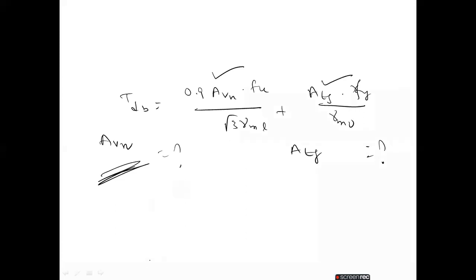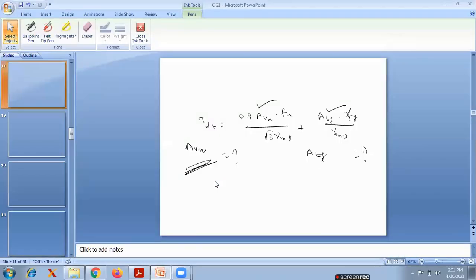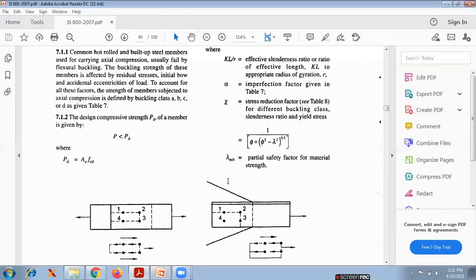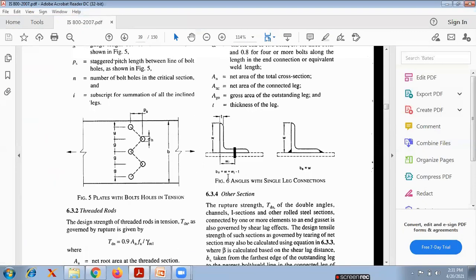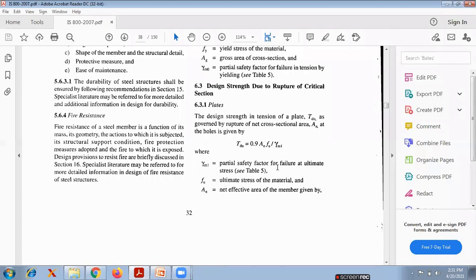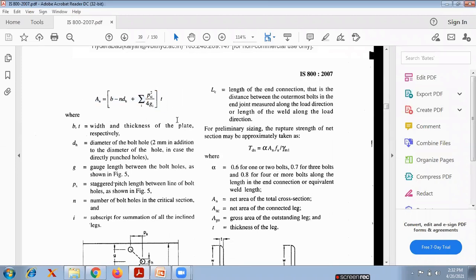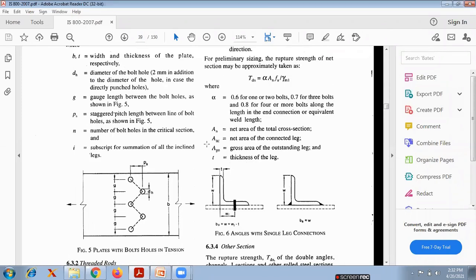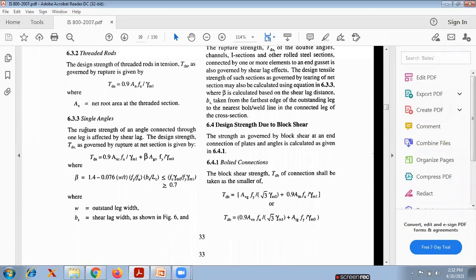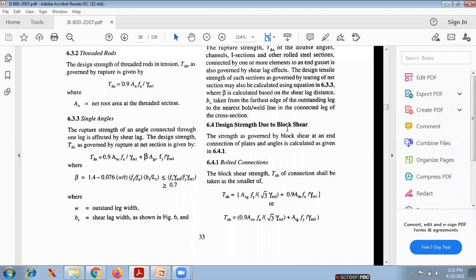Yeah, my dear students, whatever we discussed till now, I am closing the PPT for a while. Yeah, here you see the formulas, whatever we discussed till now, all formulas are available here. You see, we calculated Ag into Fy by gamma m naught, and the second formula is also available here, due to the rupture 0.9 into An Fu by gamma m1, and the effective area is also there. And also the next one is this formula, but we are not using the single angle. This formula we will use for the next one, the design strength due to the block shear. So these are the two formulas we used.